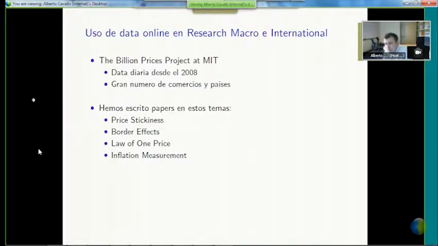So we will tell you a bit of what we've done. Since 2008, we created this project called the Billion Prices Project with Enrique. It's an academic project. Through our time, we've incorporated commerces and countries to our data. Today, we have data from about 50 countries, which we collect prices from. The largest stores and commerces in the country, particularly 6 categories, 5 which are food, electronics,